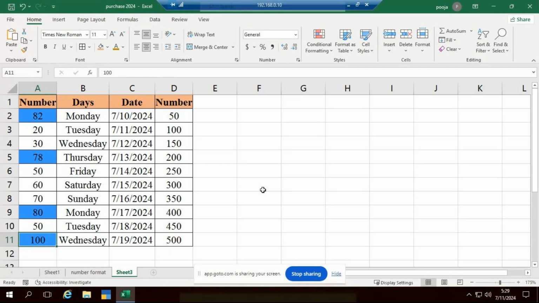Ma'am, can you explain once again? Sure, ma'am. Okay, so I'll just select the data. I want to highlight the cells which contain more